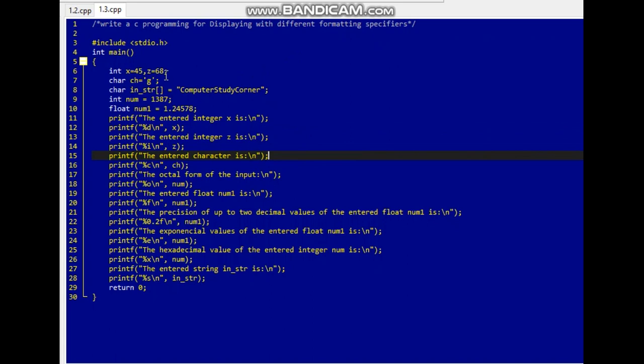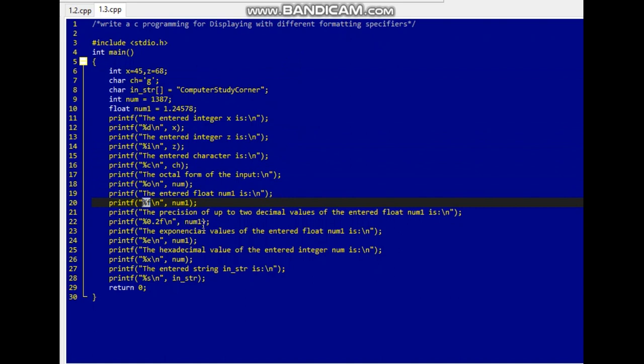After that, z equal to 68 is printed here with %i. Next, the character variable is printed here with %c, and the octal form of that integer number is printed here using %o. The float variable is printed here using %f,